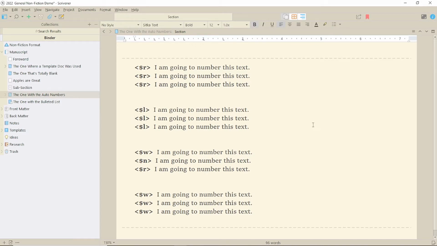The code $RST put immediately before another numbering placeholder restarts the numbering of that particular placeholder from the beginning. Simple enough. You can also use the restart code, underscore, and the number code together in one placeholder. I'm going to put this in two places here to show you the difference.